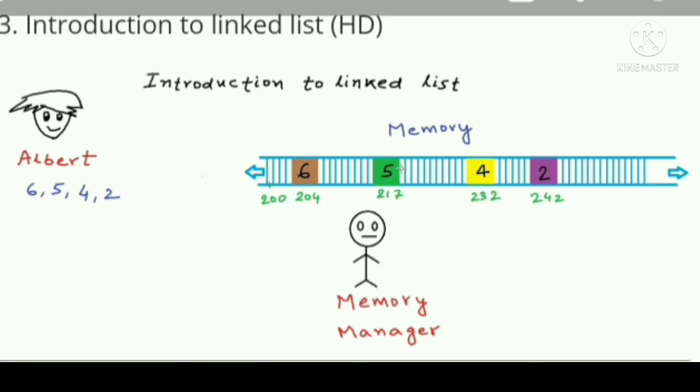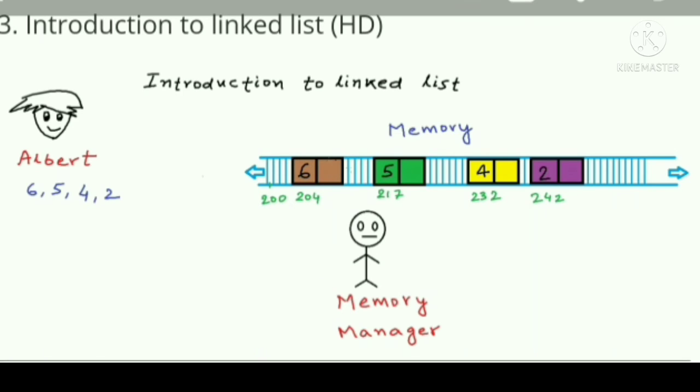To link these blocks together and to store the information that this is the first block in the list and this is the second block in the list, what we can do is store some extra information with each block. So what if we have two parts in each block, something like this, and in one part of the block we store the data or the value, and in the other part of the block we store the address of the next block.